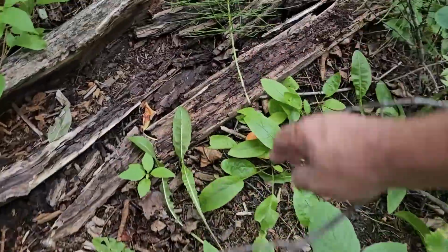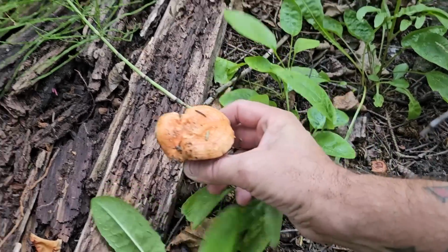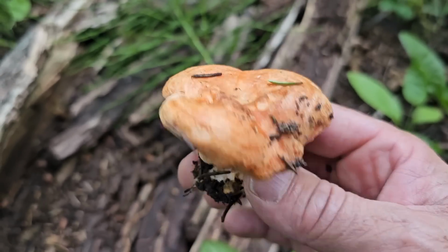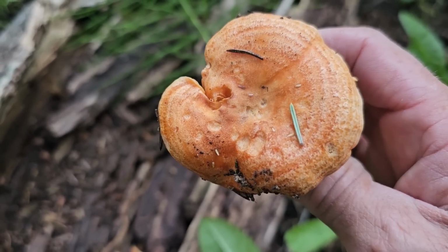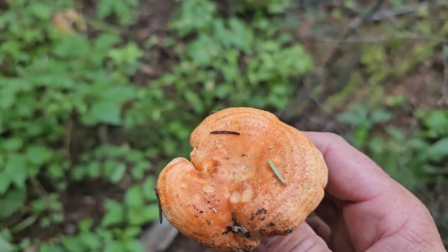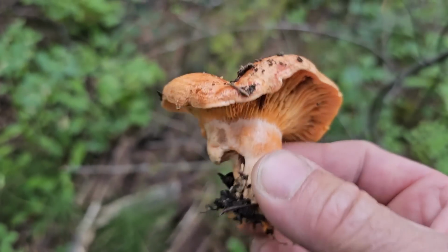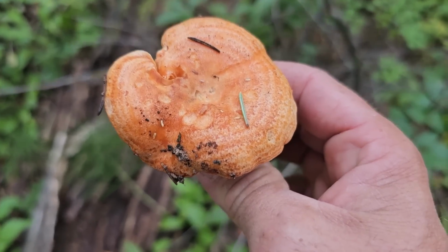And something else here. Ooh, this one's actually a decent edible. Lactarius deliciosus. Look at that. Oh, there's a slug right in the center of it, though. He likes that. But you see those rings coming from the inside out, a concentric ring pattern, that orange color. This is a Lactarius, a milky cap is the common name of that family, and the gills will kind of milk if you damage them. But yeah, this is a good edible mushroom. But I don't want to eat it after the slug has had its way, so